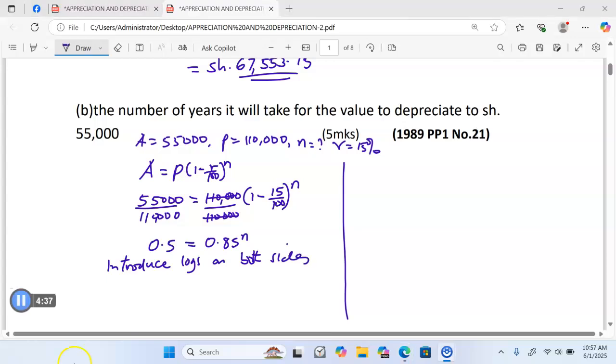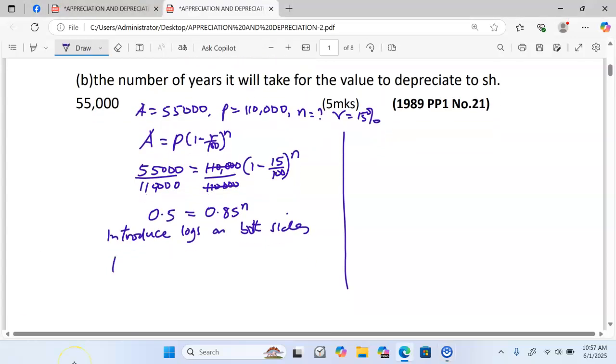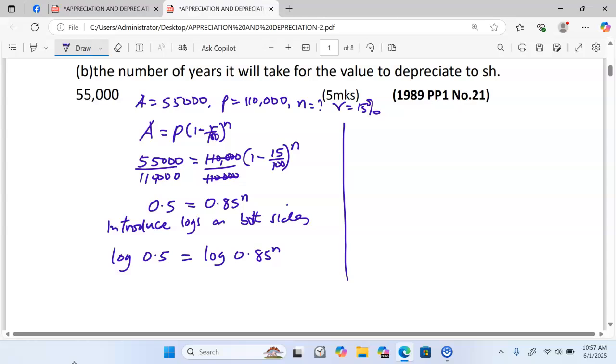We are going to have log 0.5 being equal to the log of 0.85 you raise to the power of n. Under the rules of logarithms, the power multiplies behind the log, and therefore we are going to have log of 0.5 being equal to n log of 0.85. In this case, to remain with n, you divide by the log of 0.85 on both sides,